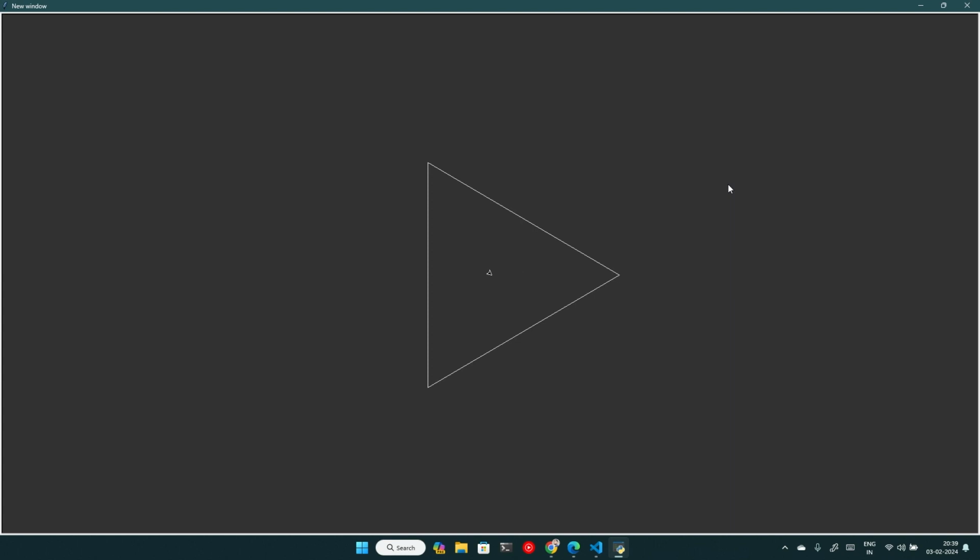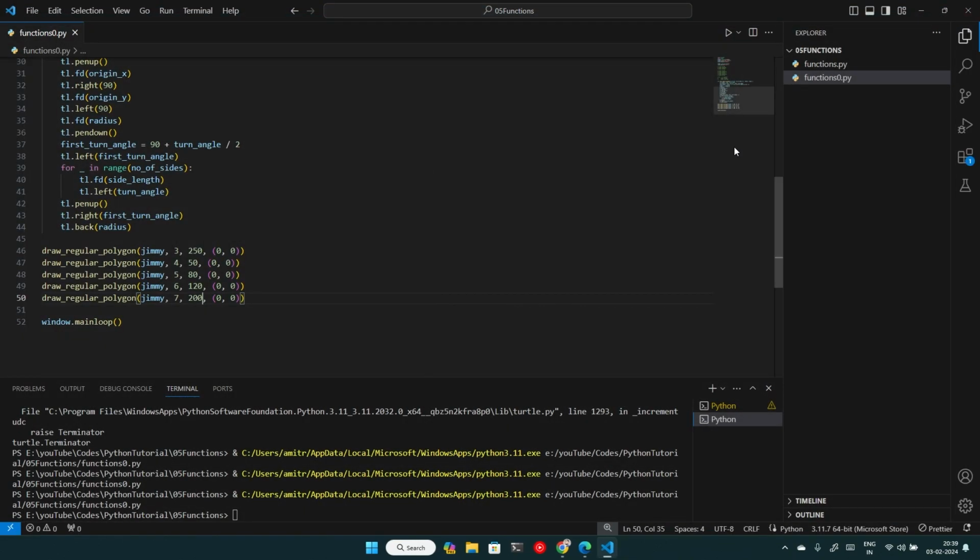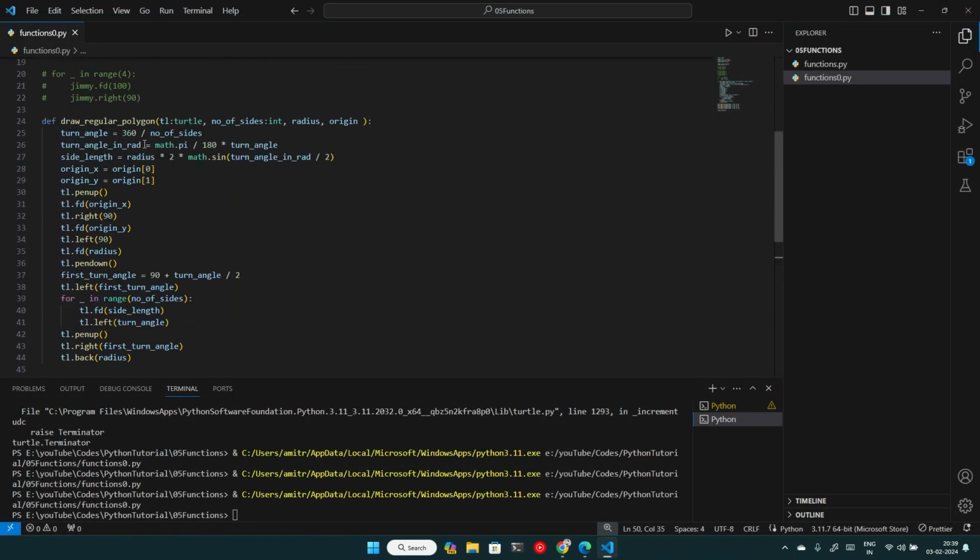So it has created a triangle, came back to the origin, created a quadrilateral, then pentagon, hexagon, and then again a heptagon. So see, this beautiful pattern is created using a Python function. Cool, isn't it? Okay, so if you want to draw a little bit bigger, maybe we can change the pen width, pen size,